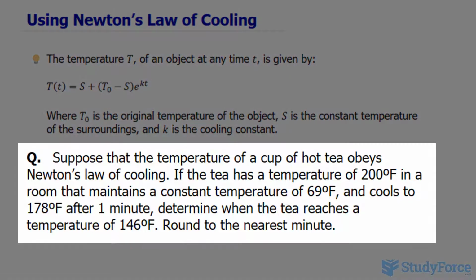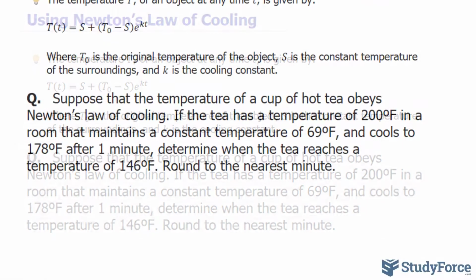The question reads, suppose the temperature of a cup of hot tea obeys Newton's law of cooling. If the tea has a temperature of 200 degrees Fahrenheit in a room that maintains a constant temperature of 69 degrees Fahrenheit and cools to 178 degrees Fahrenheit after 1 minute, determine when the tea reaches a temperature of 149